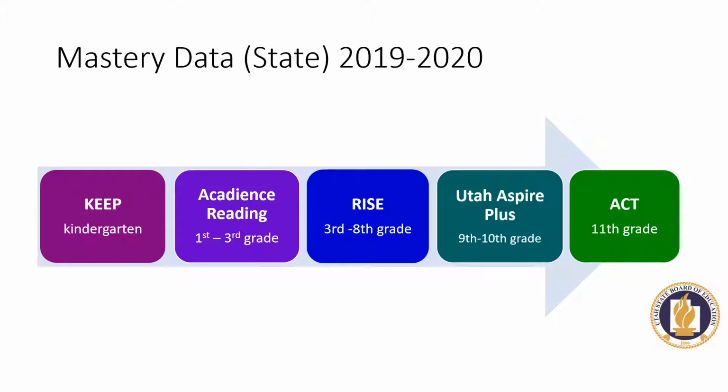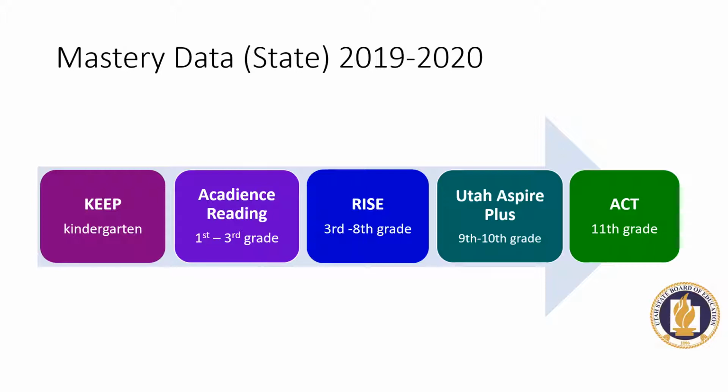In kindergarten, we have the KEEP assessment that measures literacy and numeracy. For grades 1 through 3, we have Acadience Reading, also formerly called DIBELS, which measures reading. It's the Early Literacy Initiative, and it is set to measure students' reading ability levels in grades 1 through 3. For grades 3 through 8, we have the RISE assessment, which measures English language arts and math in grades 3,